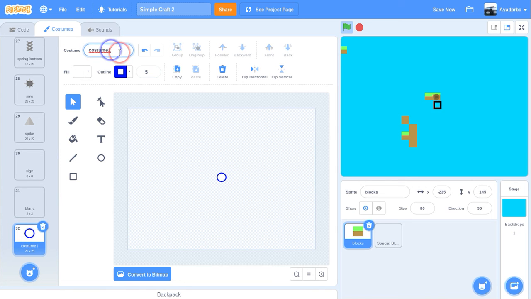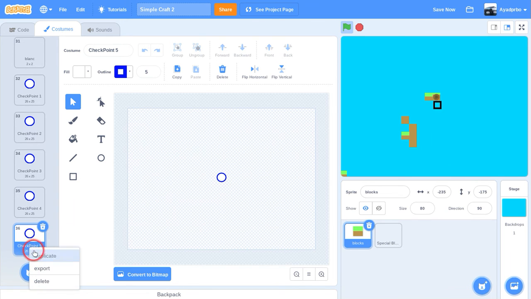Now we will name it checkpoint. Now, and then we will add 1 in the costume. Now let's duplicate this 10 times for the best. To duplicate, you will need to right click and click the duplicate, the first option there. And then we will need to do a different thing after. After we did this, we will need to make until there's 11 over here, and we will name it